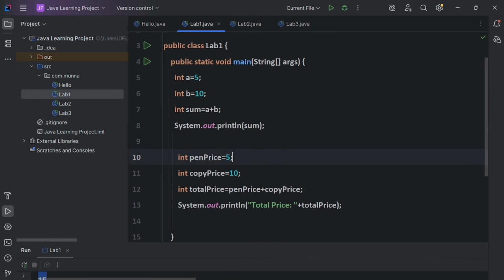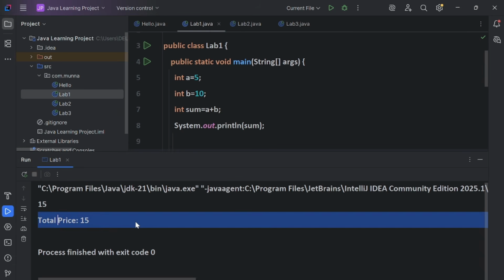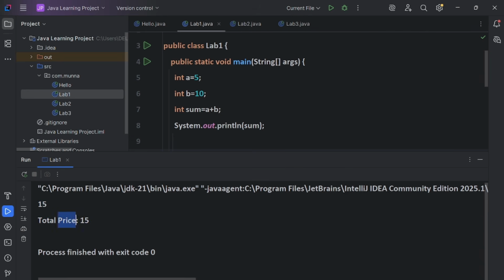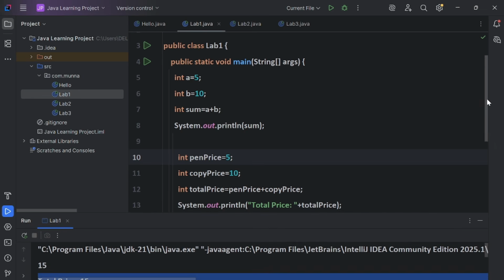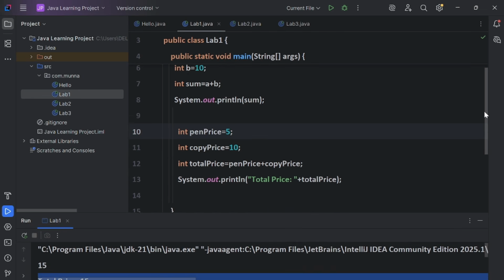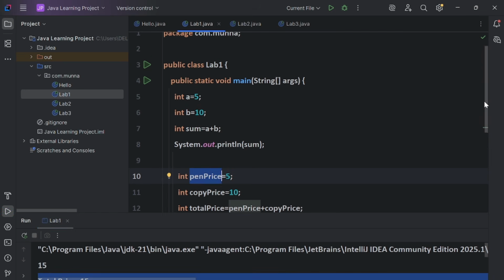Suppose I am running this now. If I run this, see, the output will be the same, but it is more meaningful. See, total price 15, and earlier it was just printing 15. So there is a major difference depending on how good a name you give to the variables. This is part of data types only, guys.